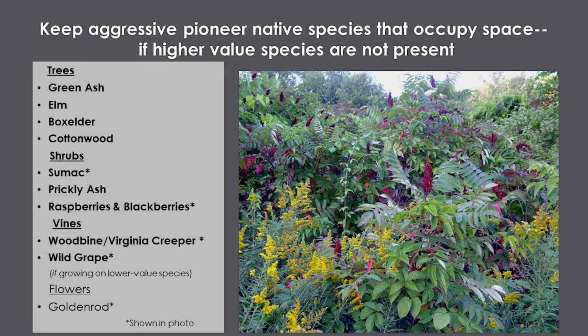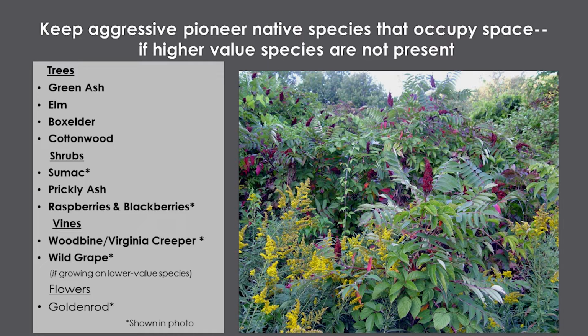So this is an aggressive go-natural corner for the natives. The invasive species have been taken out, but everything that's there is aggressive. And if you want something that's low maintenance, there you are. Sumac, goldenrod, which is the most aggressive prairie species that we have. We've got woodbine, which we're going to talk a bunch about with vines here. There's wild raspberries and grapes, but it's all native, and it's low maintenance. Just an example. All right, what else do we have on that list? We're going to talk about this next.